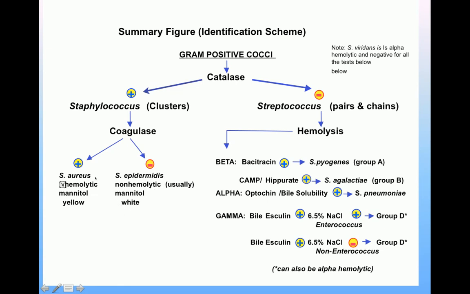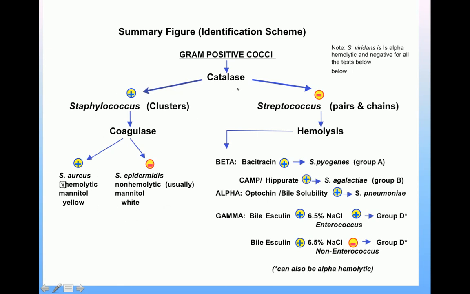Number one, on blood agar, Staph aureus gives you beta hemolysis. They are golden colored, and they are going to ferment mannitol. Epidermidis, on the other hand, on blood agar, is non-hemolytic and white in color, plus it does not ferment mannitol. So you need to know this picture. You have to keep it in your mind before you go for your exam, because this is going to constitute your MCQs plus your SCQs.